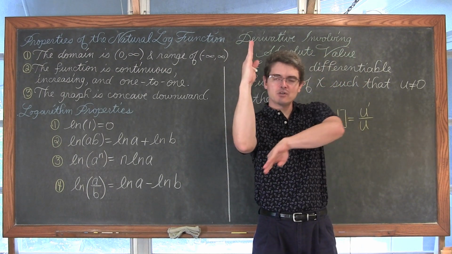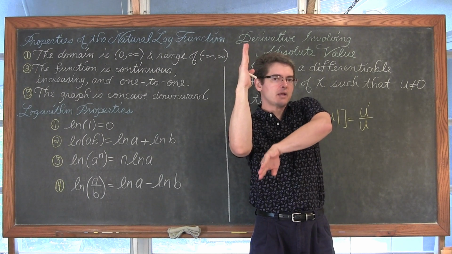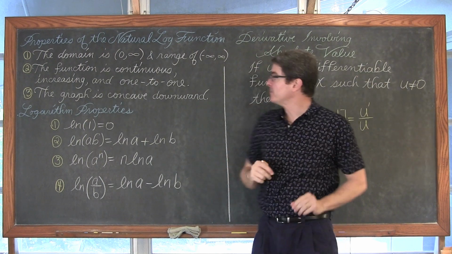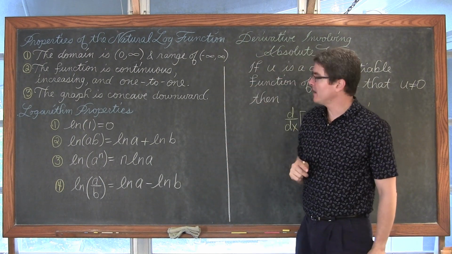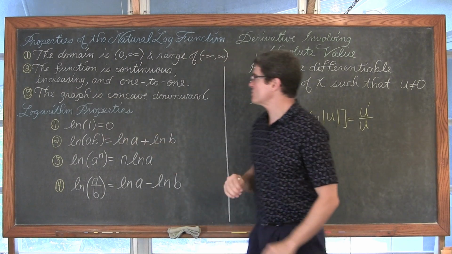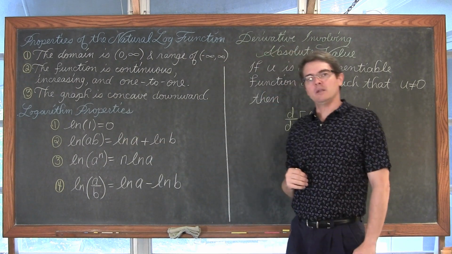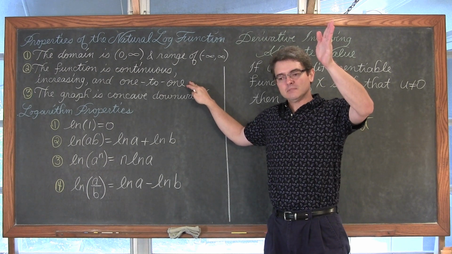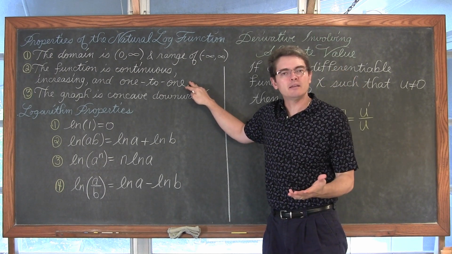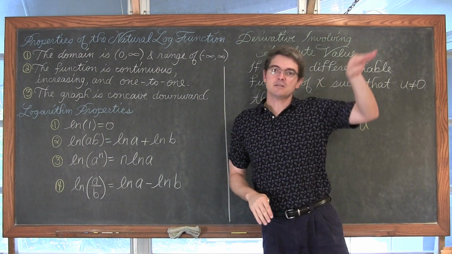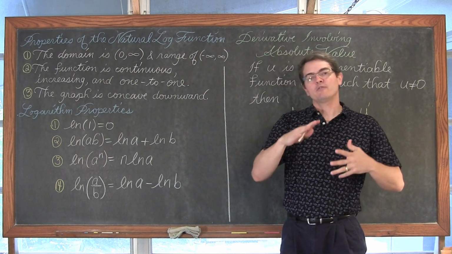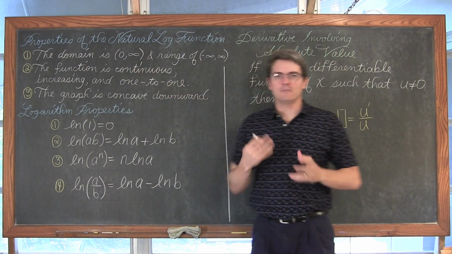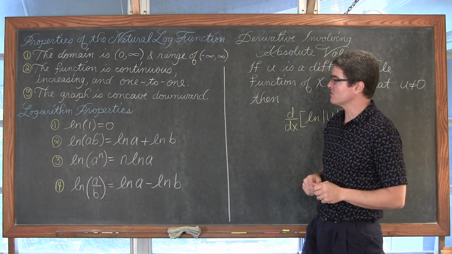So your natural log function is going to come up against, just to the right side of, the y-axis, pass through the point (1, 0), and then go off to the right. It is going to be continuous. It's always going to be increasing, the parent function, and it is going to be 1 to 1, which means that that function would pass not only the vertical line test to validate that it's a function, but a horizontal line test as well, which means that if you were to find the inverse function, it would also be 1 to 1, at least as far as the domain goes, with that original domain being from 0 to infinity.